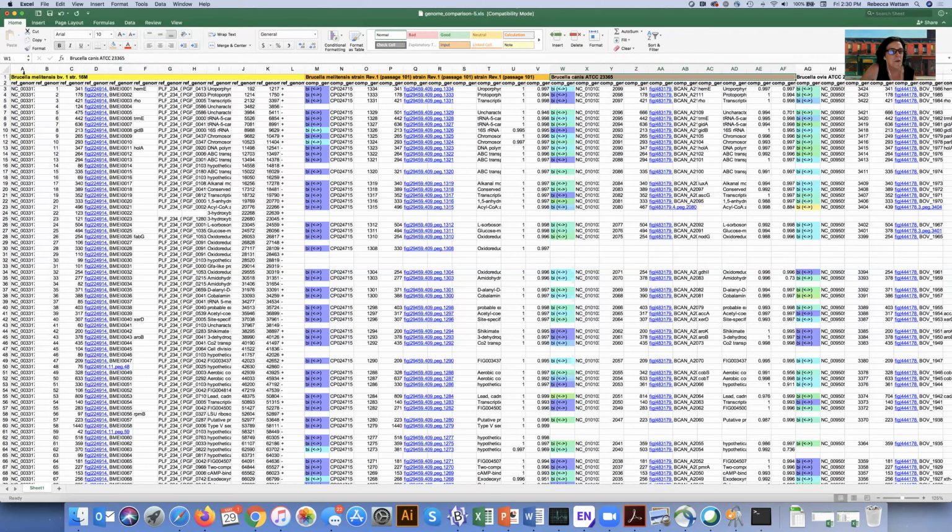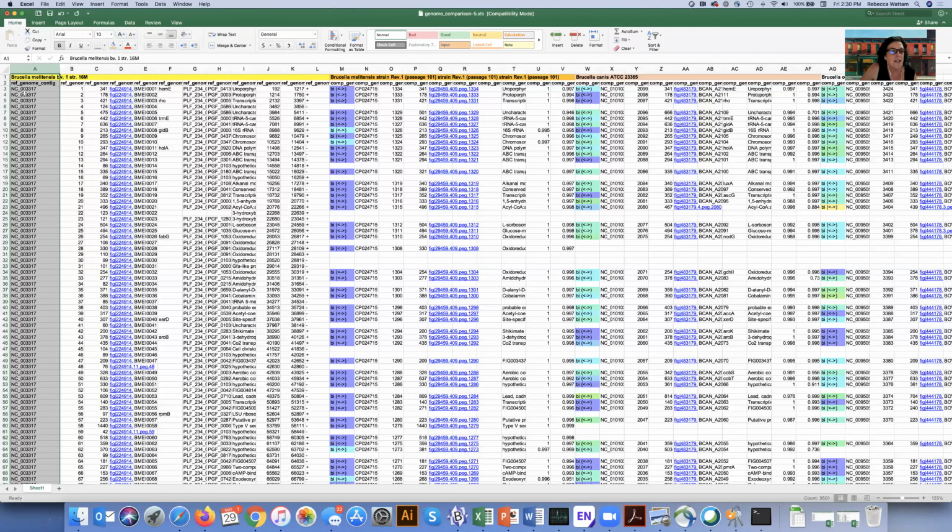So let's step through it, and I'll blow them up so you can see each one. This is the reference genome contig. So this is saying this is the accession number where the first gene on the reference genome is located. This is the size of that gene. Okay, if you look up here, it says reference genome amino acid length. This one is 341 amino acids long. This is